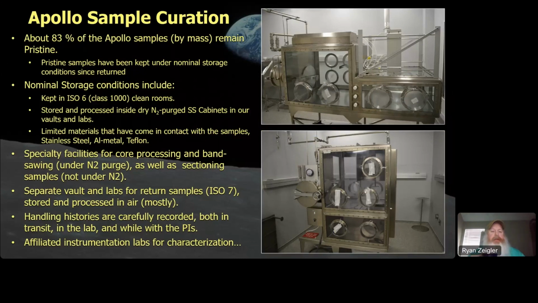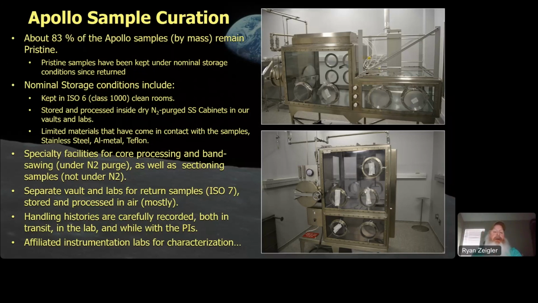And then everything I've been talking about is what we consider for nominal pristine samples. But as those of you who have samples or have worked on samples know, everything we do is a loan. And so we loan samples out to you, and when you're done with them, you send them back to us, and we hold on to them and we try to reuse them. And while you all fill out, because everyone does, I'm looking at a few people, the sample history report for what you did to the samples, since sometimes people forget things, and sometimes there are things that were done to the samples that just aren't compatible with being put back into the pristine collection.